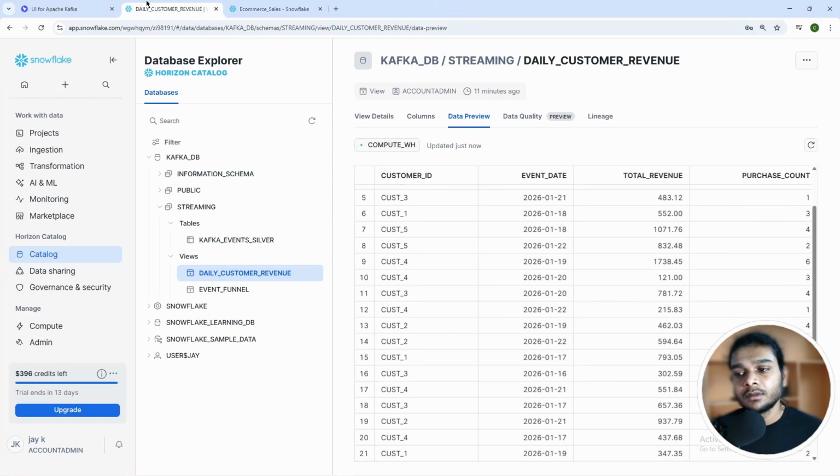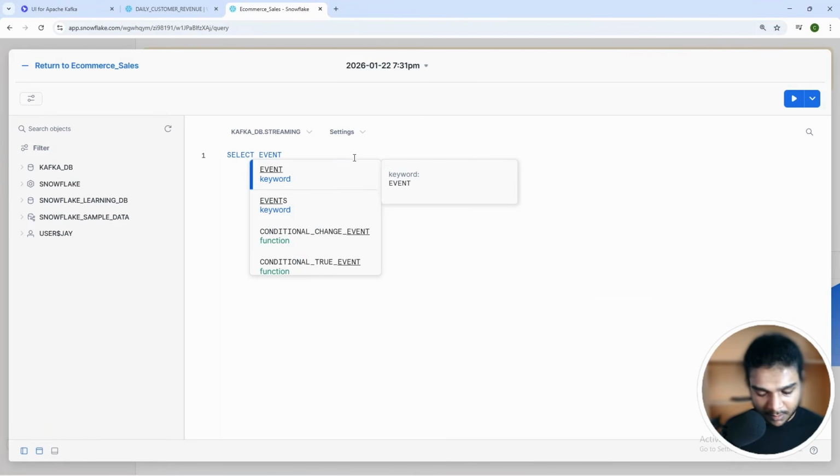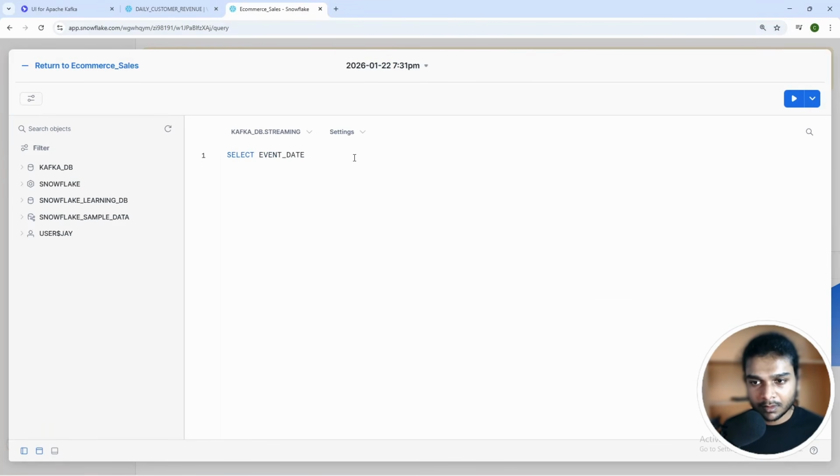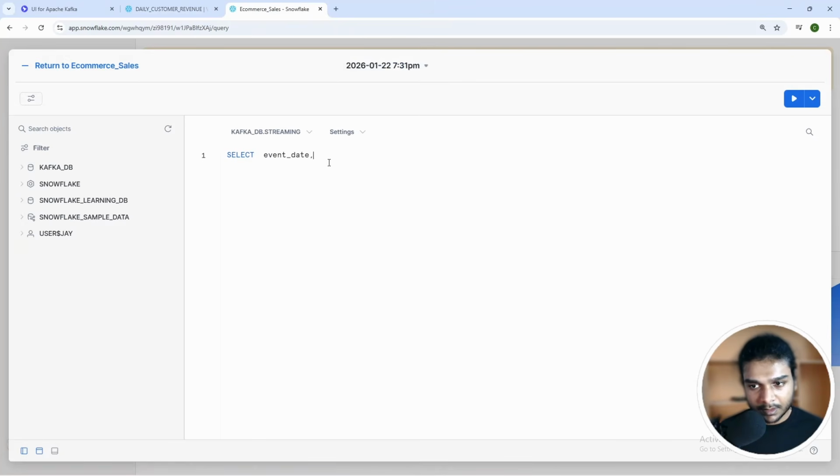Select event date, which is event date, and